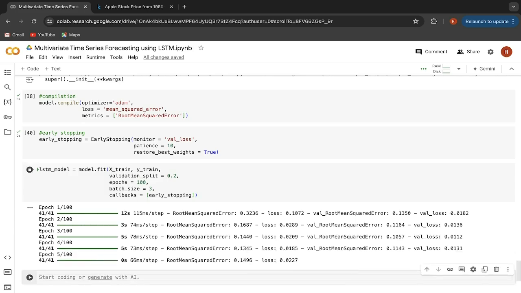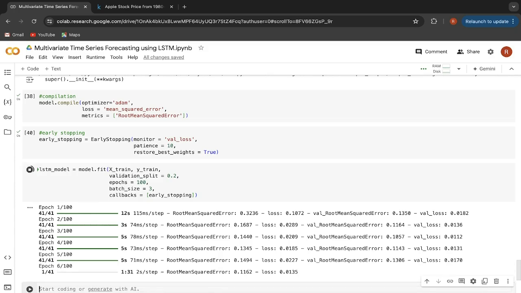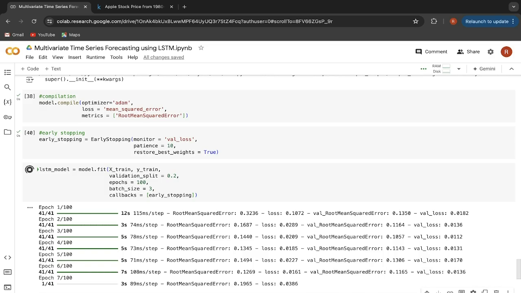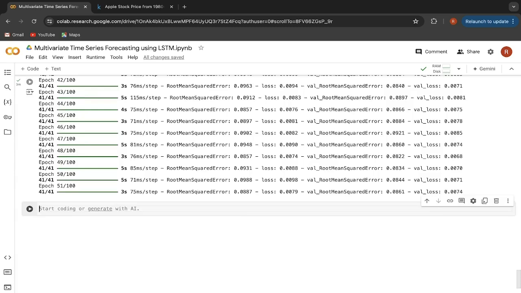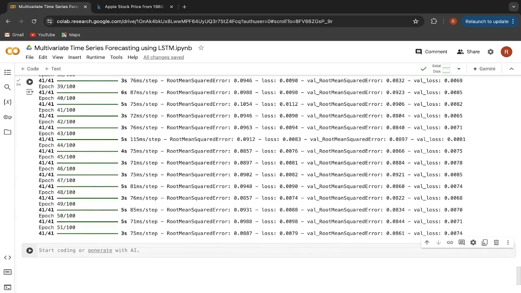If you don't put the early stopping condition, then you have to give your number of epochs very small, like 5, 10. But if you are giving the early stopping condition, then you can keep your epochs as large. So the training process is completed. Let's see at what epoch it has stopped. If you check that, it has stopped at the 51st epoch, which means the training process didn't happen for all 100 epochs. It ended at the 51st epoch, and this is because we inserted the early stopping condition.